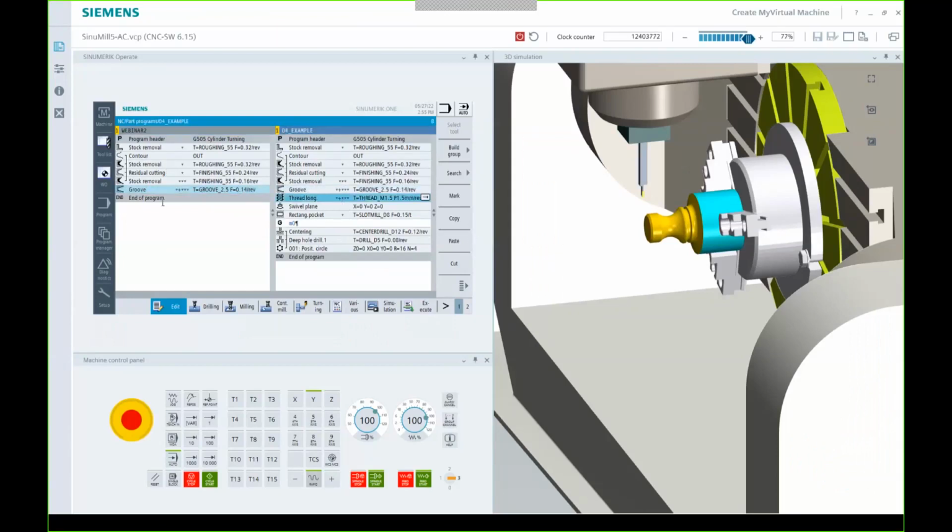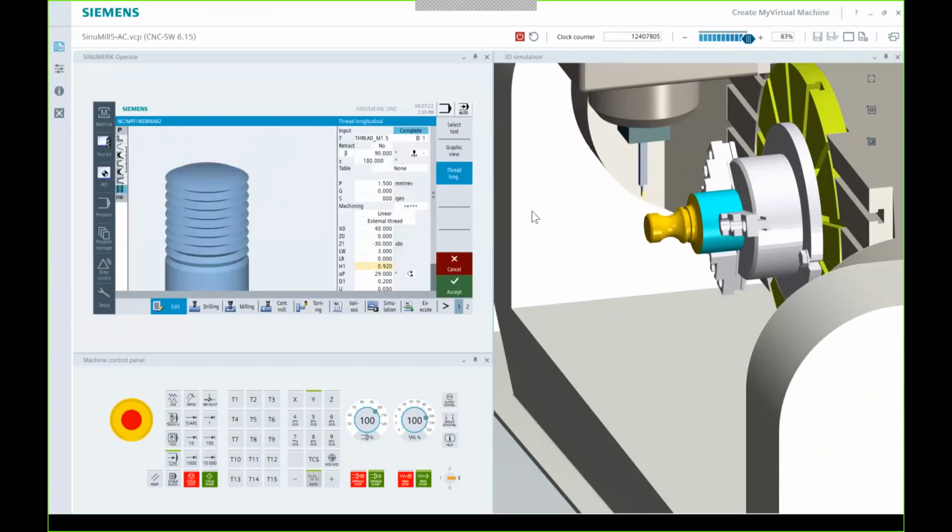So now we want to add the threading. Control Z works great. So the threading cycle, if you've ever done threading on a Siemens, this should all look familiar. It's just a matter of, like all the other cycles, you fill in the blanks. So we're not doing a retract. We're going to run our beta at 90 degrees and our gamma at 180. We're not using any of the built-in tables. There are built-in tables